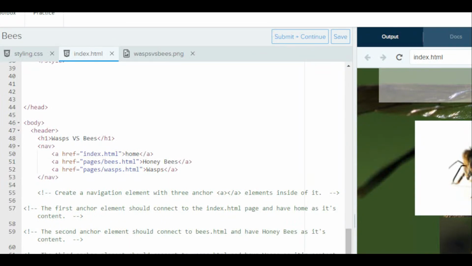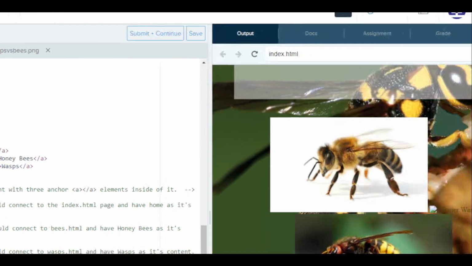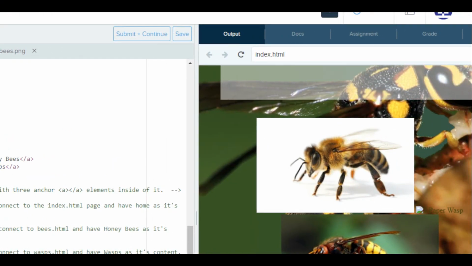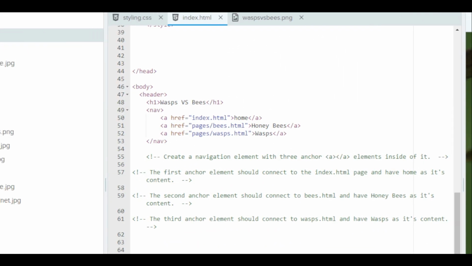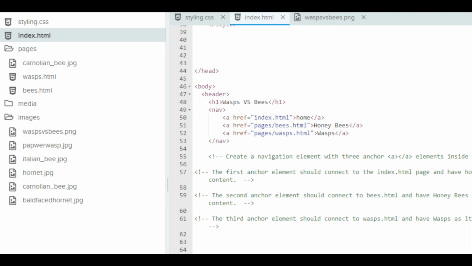And then paper wasp, see how it's not working? Let me zoom over. You see how it's not working? You can see the alt text. We need to figure out why. So if you look closely, you will see that in the